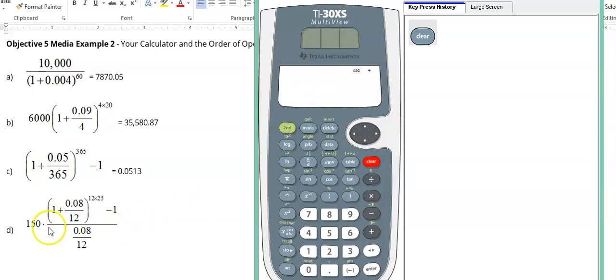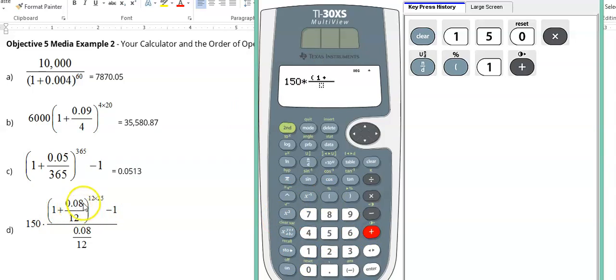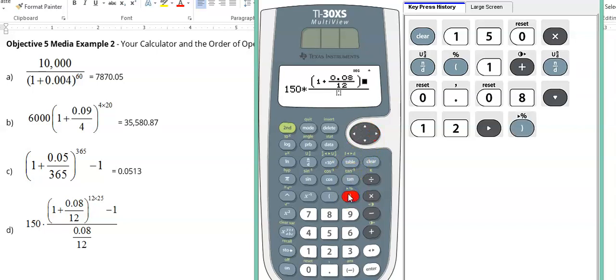Okay, so again, just remember we're going to follow this left to right and make sure we keep the form. So we have 150, that's a multiplication symbol. Okay, now we need a big fraction. Now I'm starting off in the top, so we have parentheses, 1 plus, now we need a fraction. In this fraction we have 0.08 over 12. Now I need to close these parentheses, so I'll move outside the fraction, close them, and now we have an exponent,